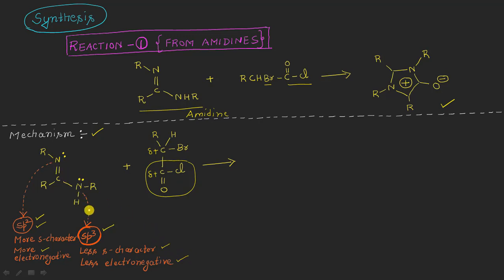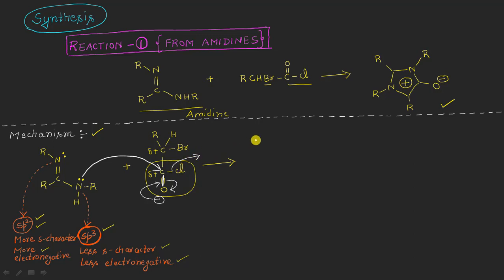So what we can say here is that because this nitrogen atom is less electronegative, it can easily donate its electrons, acting as a nucleophile, and thus the attack can be shown from this nitrogen, which is sp3 hybridized, taking place in this way onto the acid chloride, sending these electrons onto the oxygen atom, and it will result in the formation of a single bond and a negative charge here, right? After that, these negative electrons will shift back to this carbon-oxygen single bond, sending the Cl out of this system because it is a very good leaving group.